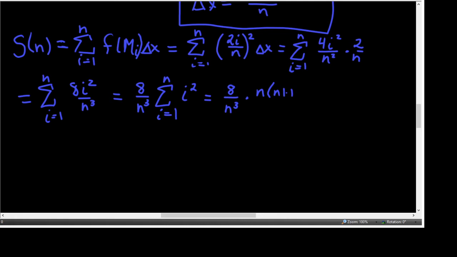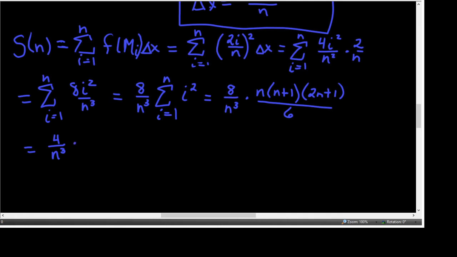n times n plus 1 times 2n plus 1, all over 6. Do you see how algebraically this one is turning out so much more nicely than the other one did? Okay, the 8 and 6 cancel to leave 4 in the numerator, n cubed in the denominator,